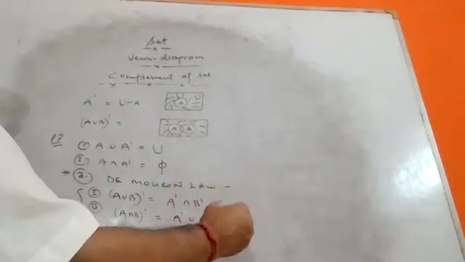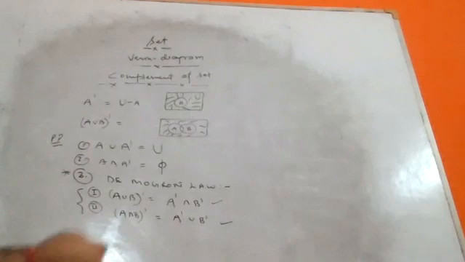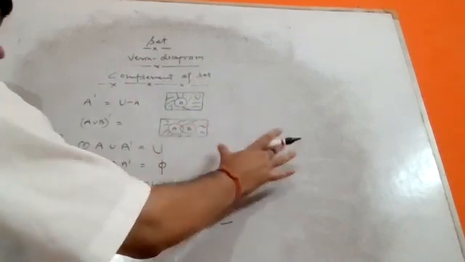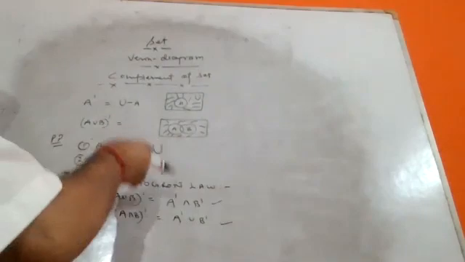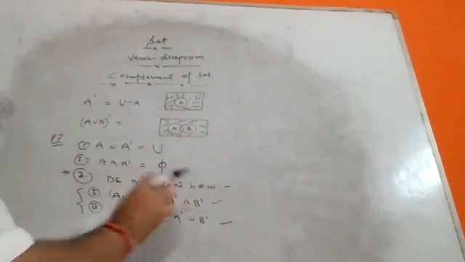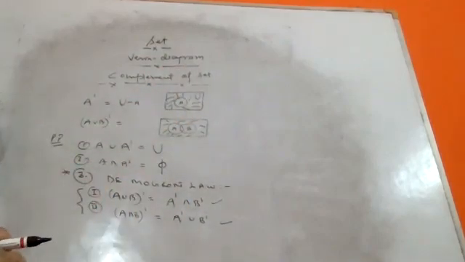If in the exam they ask to define De Morgan's law, you can define this one or you can define this one. You can define any one of them in the examination. If they ask, define De Morgan's law, you can draw the Venn diagram, explain, and prove it by property. Later on we will discuss how to prove this equals this. But in this structure, you can easily prove it by Venn diagram, no issue.